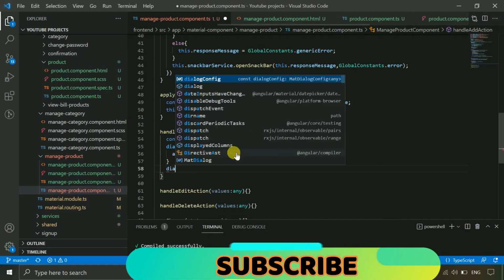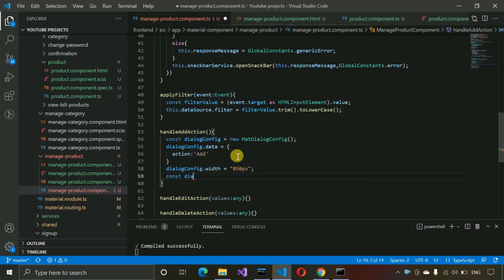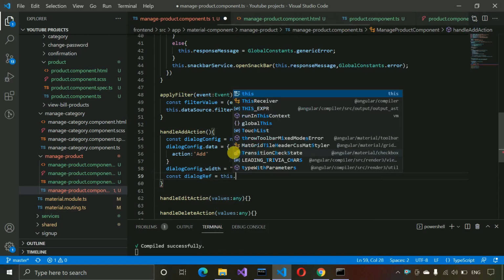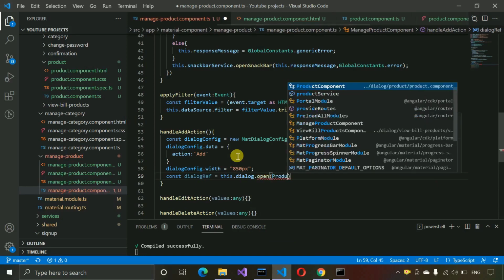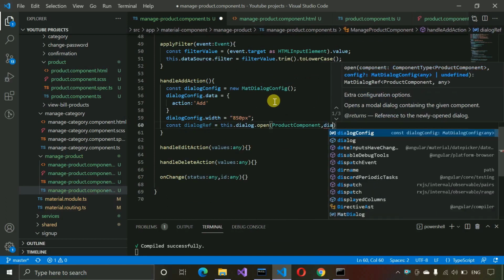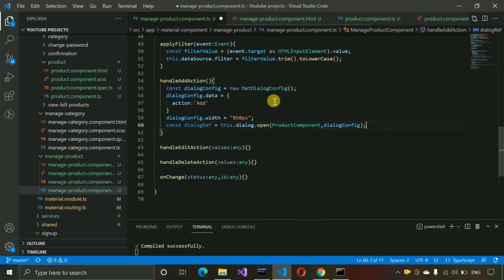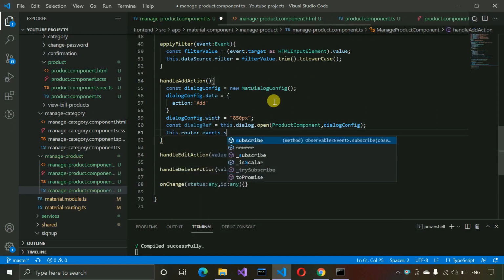and here we have to write dialog config dot width 850 px, and then after that, const dialog reference, this one, this dot dialog dot open, and here we need to pass that product component, this one, and then we have to write dialog config we need to pass, and we also need to subscribe to this route, so events dot subscribe,